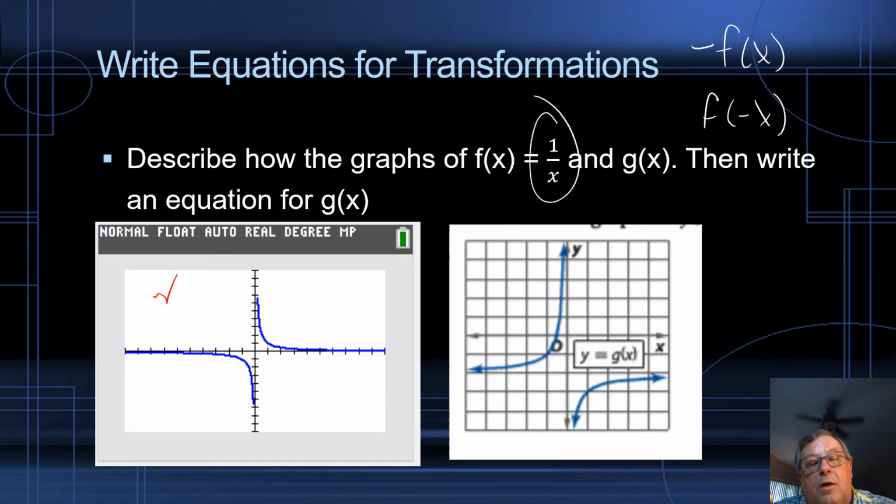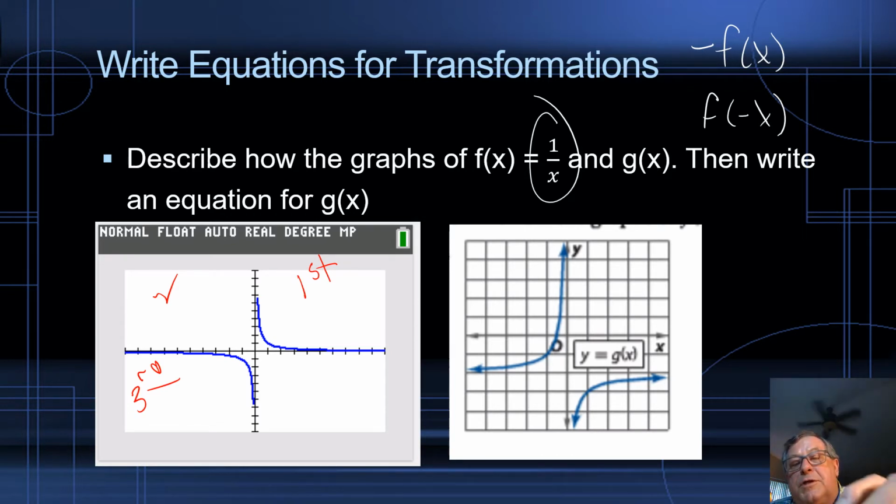And we also see one along the vertical axis as well. And you also notice that in our parent function, we see the graph in both the first and the third quadrants. Now, we're asked to write an equation for this transformation, which is a reflection, because I can see that